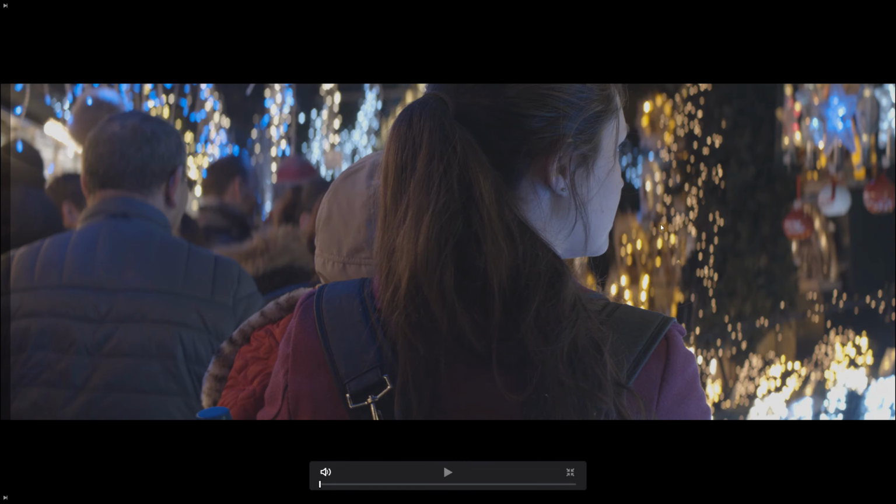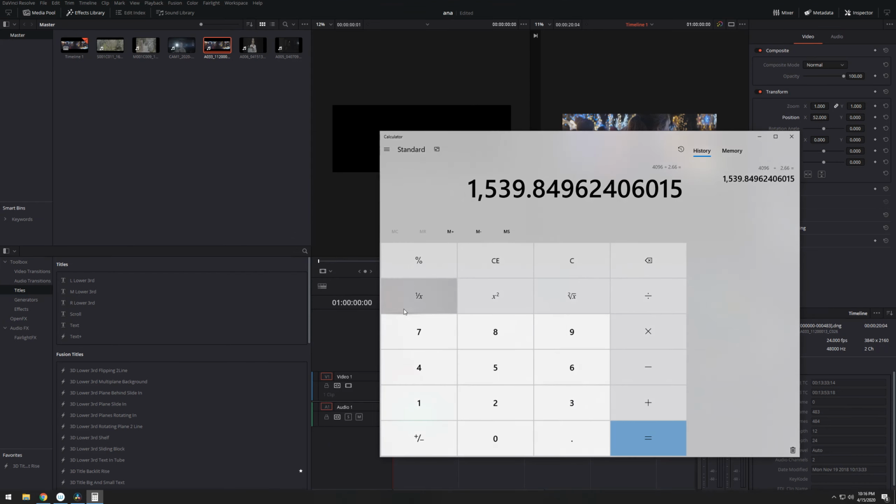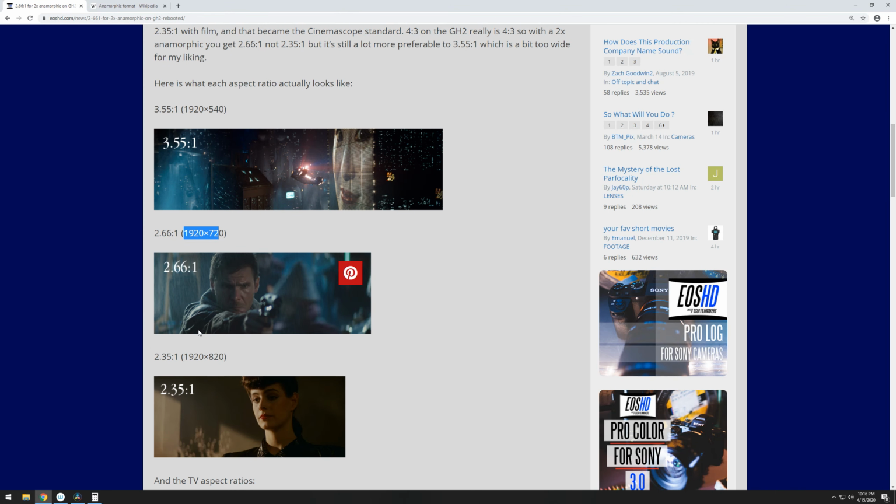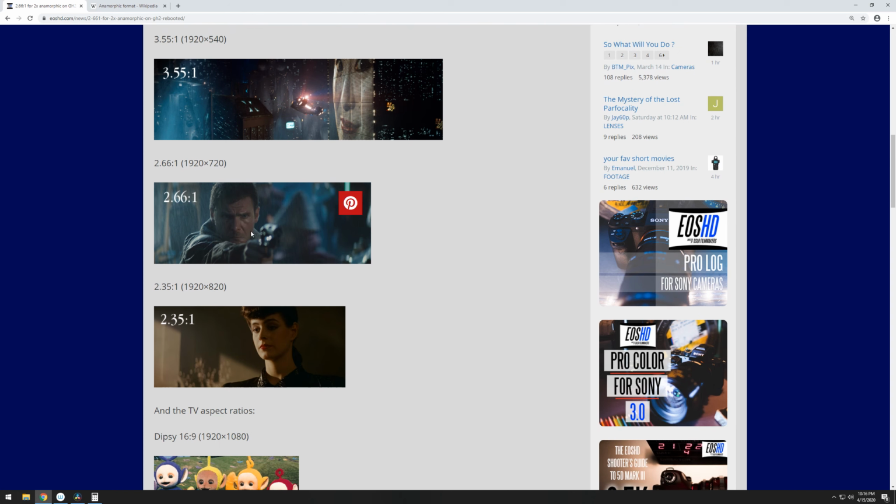Alright, 2.66 matches 2.66. This is probably the widest I would go, to be honest. I've done 3.55, 2.66. That's a pretty sweet spot. That looks really cool to me, especially if there's some type of distortion on the lens itself, which I can't